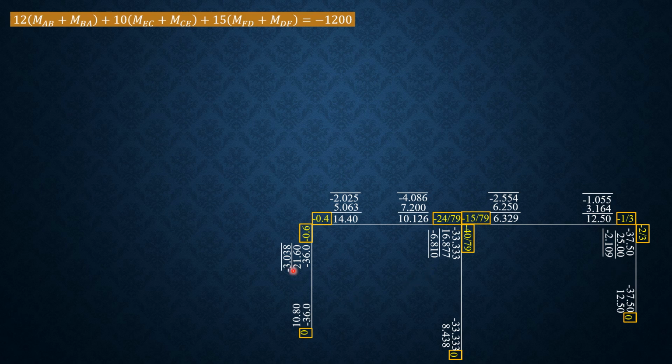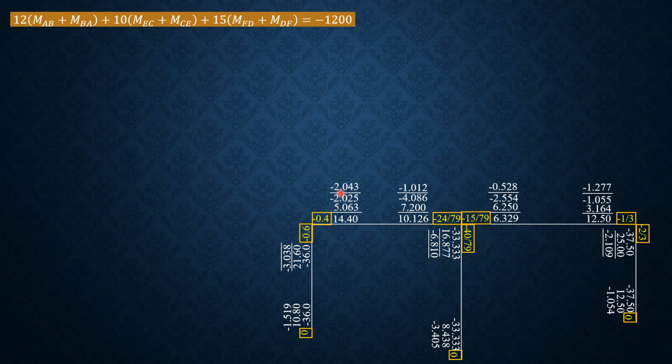Then carry over 0 here, half of negative 3.038, negative 1.519, half of negative 4.086, half of negative 2.025, half of negative 1.055, half of negative 2.554, then 0 here, half of negative 6.810, 0 here, half of negative 2.109,